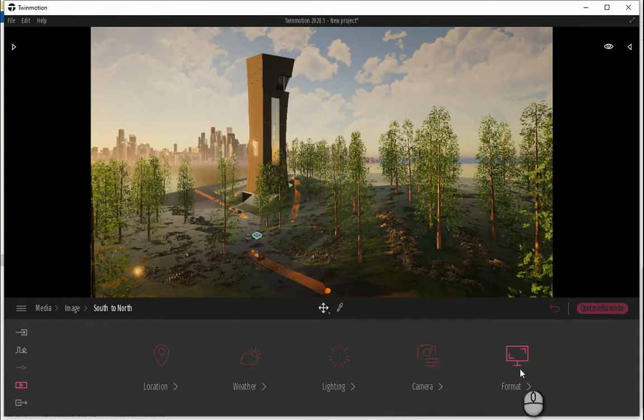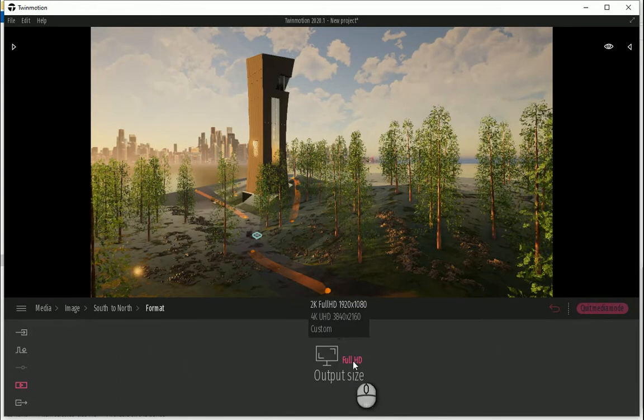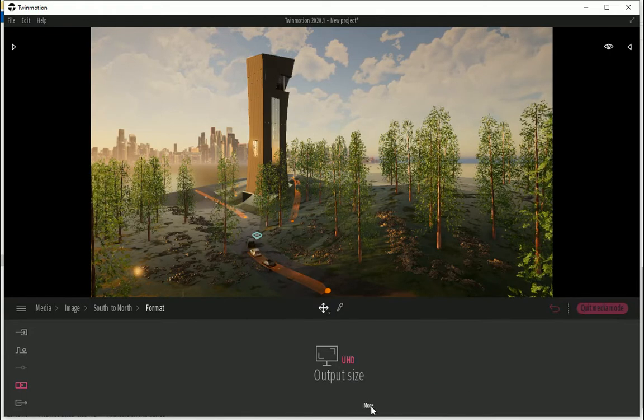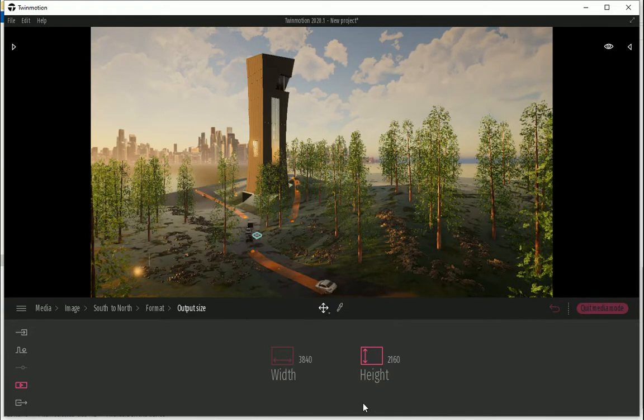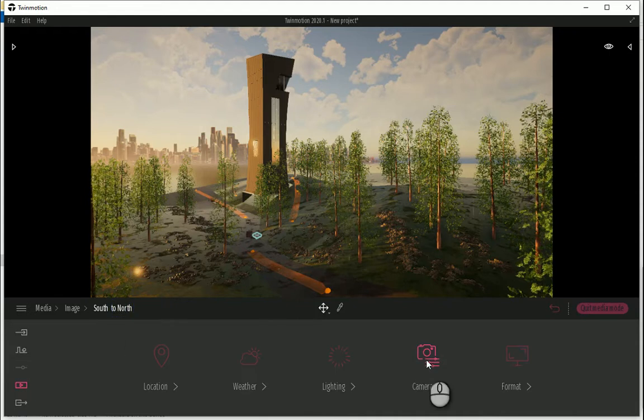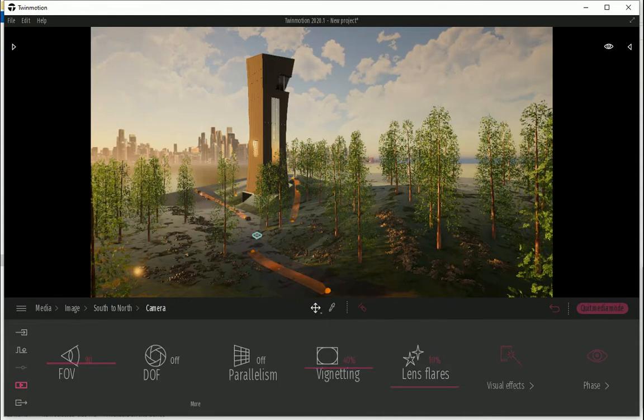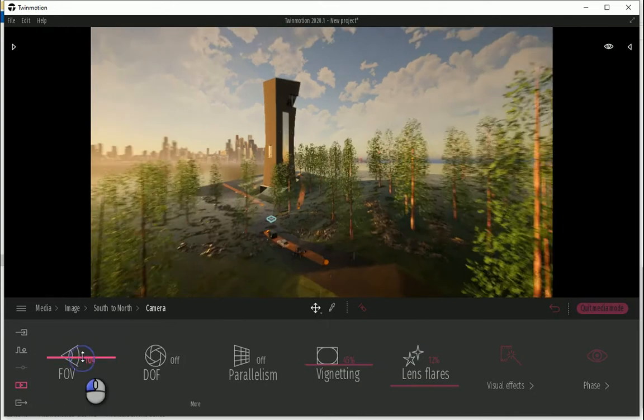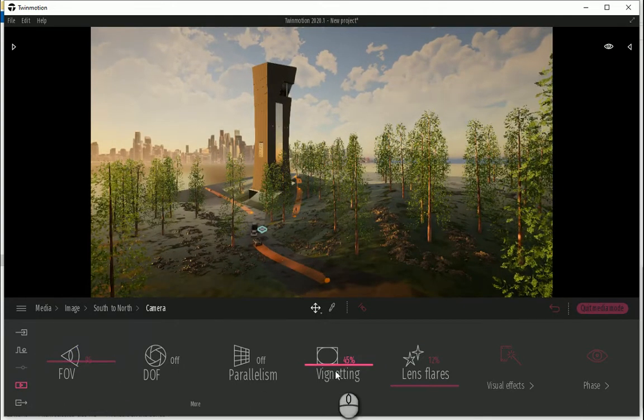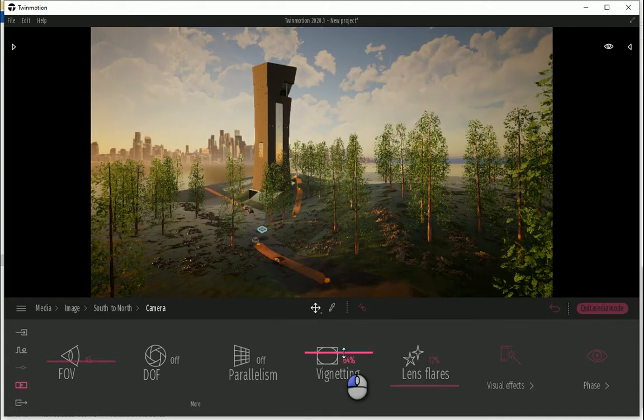you can even work with the format here. This is on Full HD. I can put it on 4K HD to have a better resolution, or you can go with custom or something. You need to kind of consider the ability of your device as well. You can change the dimension of the picture. You can also work with the camera options. You can change the field of view here. You can change kind of how dark the edges are. If you do it like this, it's gonna look like those old negative frames.